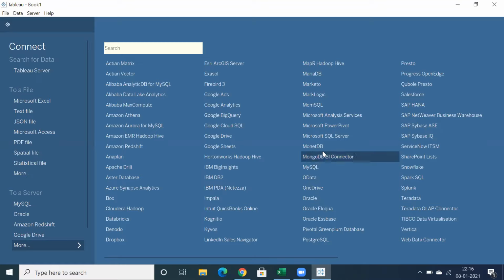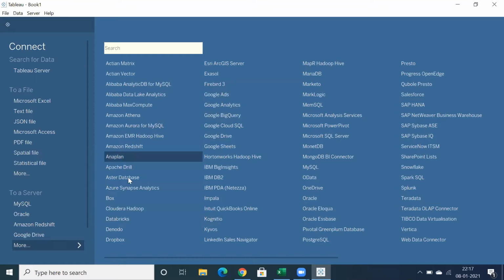So we have MongoDB, and we have lots of database connectivities here: Salesforce, SAP HANA, Google Cloud, Google Drive, Google Analytics, Amazon Redshift. Okay. So this is one of the advantages where you can connect to multiple data sources.